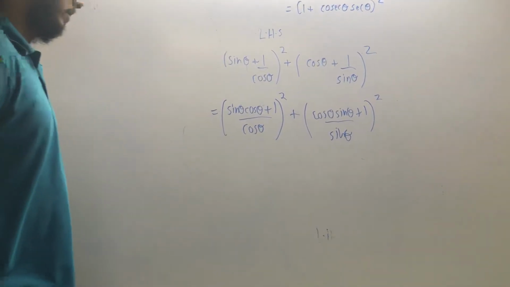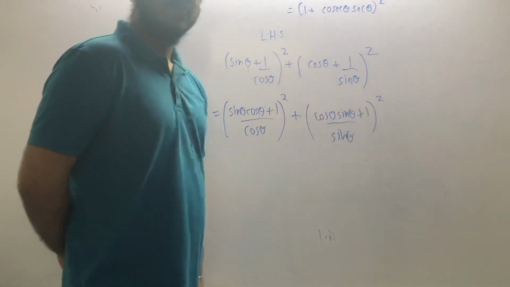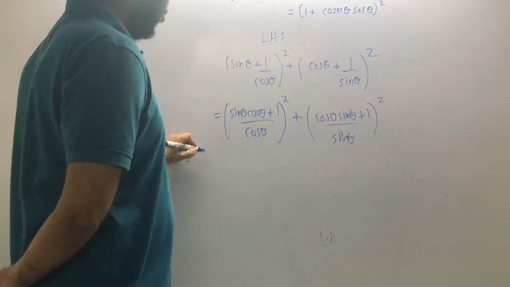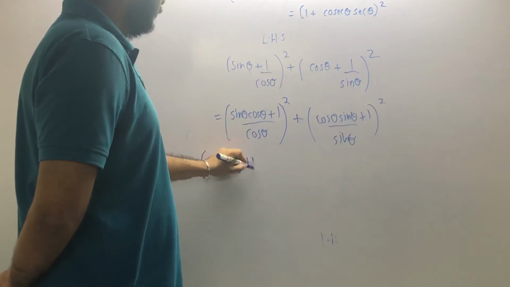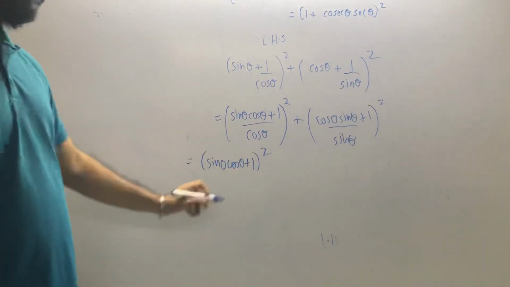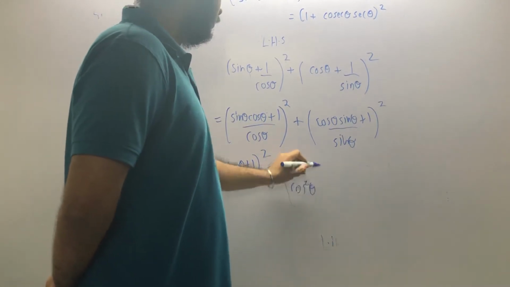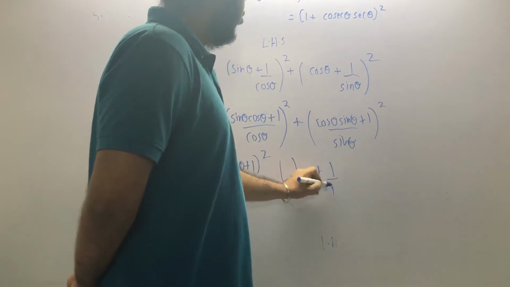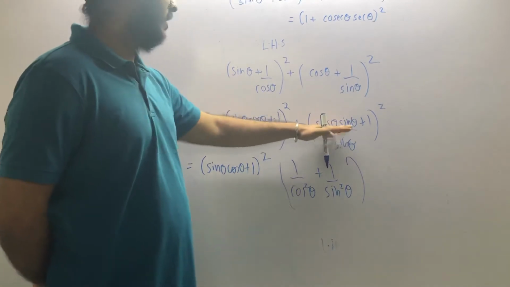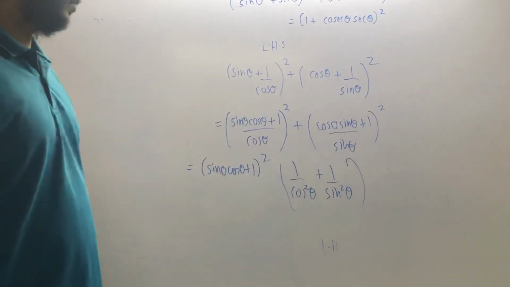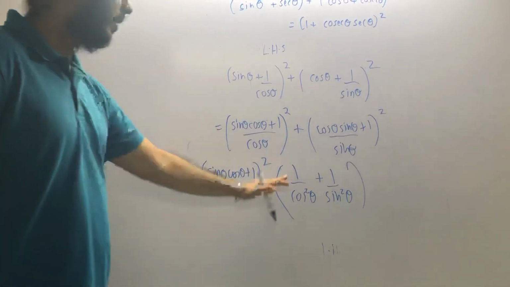Okay, now let us see, look carefully here. Here it is sine theta cos theta plus 1, here it is cos theta sine theta plus 1. So you can take out this common. What you will write is whole square. You can take out common. What will you get inside? 1 upon. Okay, I just took out sine theta cos theta sine theta plus 1 whole square common from this equation. Okay, now we will just forget about this for some time. We will try and solve this one.